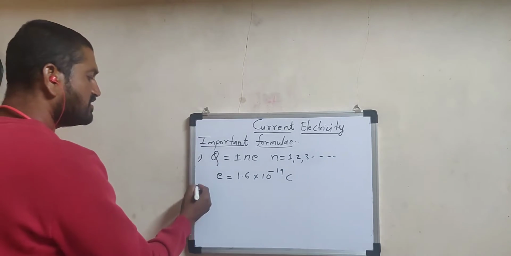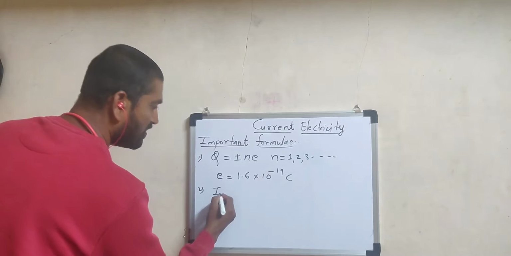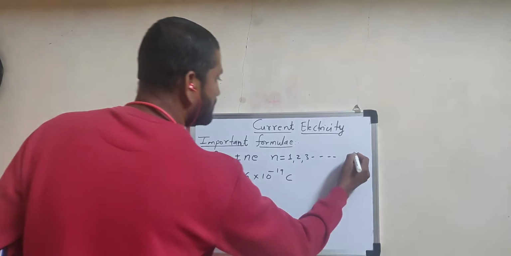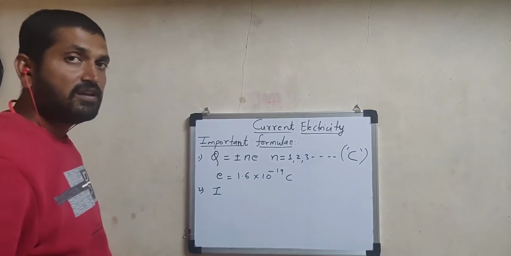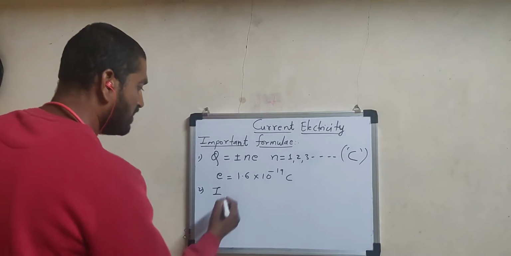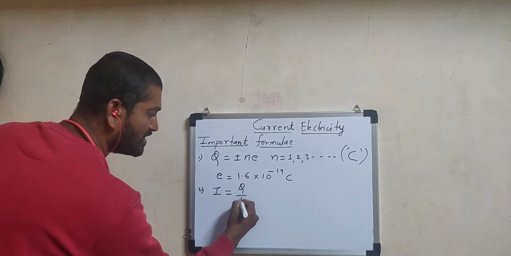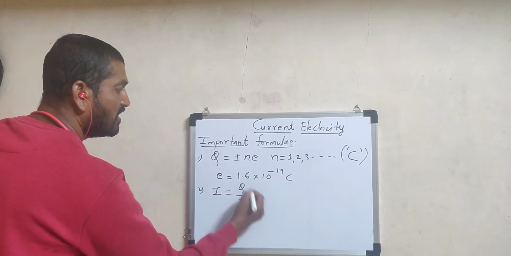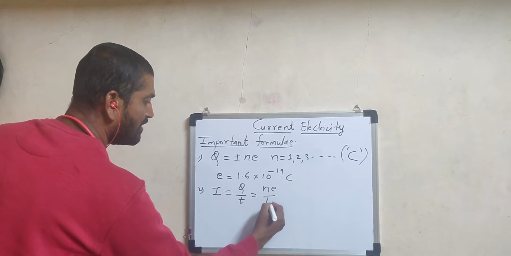Now once the charge is known, the second important quantity is electric current. We know that the SI unit of charge is coulomb, capital C, full form C-O-U-L-O-M-B. While writing the full form, the initial letter must be a small letter. Now current, we know the basic formula: net rate of flow of charge with respect to time, Q upon T. If we replace Q as Ne, another form we can write is Ne divided by T.